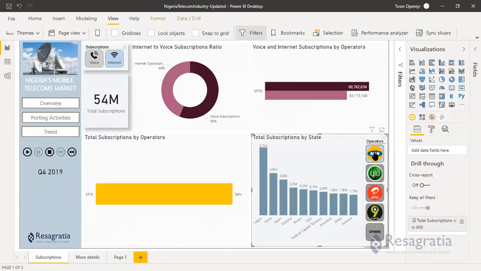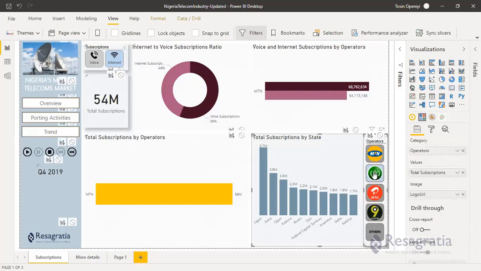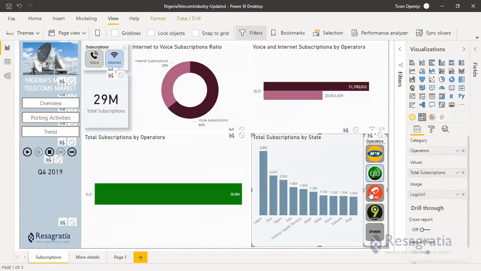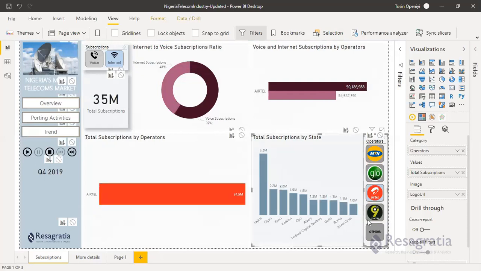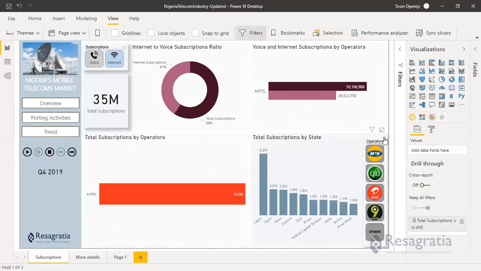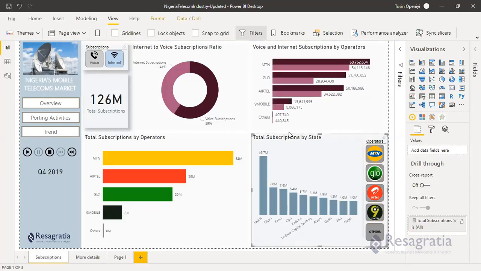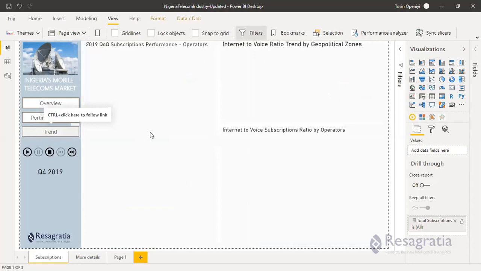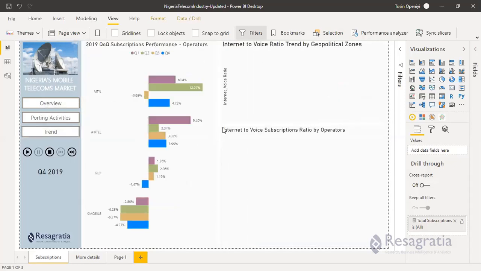We have MTN, Glo, Airtel, and so on. Let me clear the filter. Then for the trend, so far so good. This is what we have.